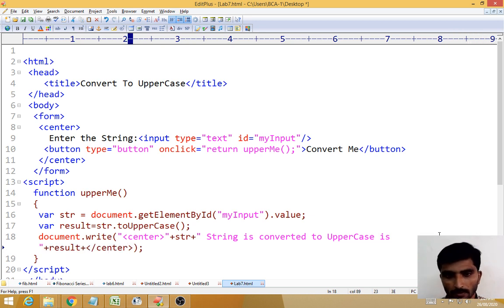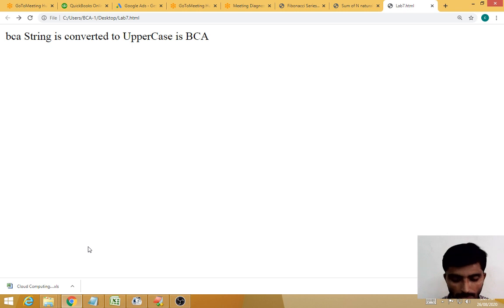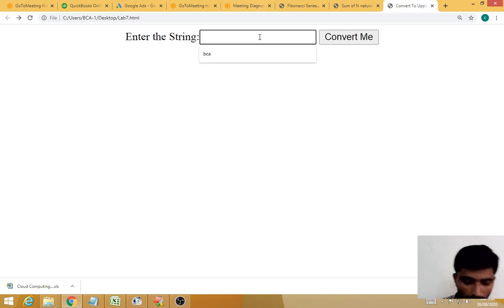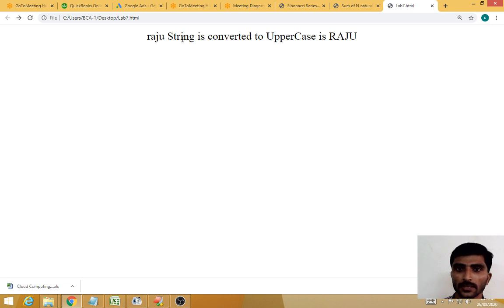Without Java you can also write, no problem. The method is the same, adding two strings or appending a string after another string. Reload. Now I am asking my name like this. See, now Raju is the original string that is converted to uppercase is Raju.